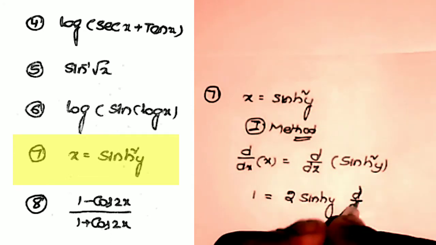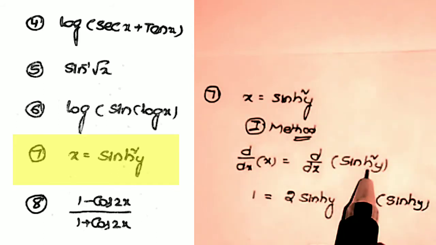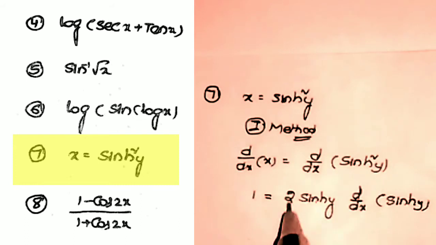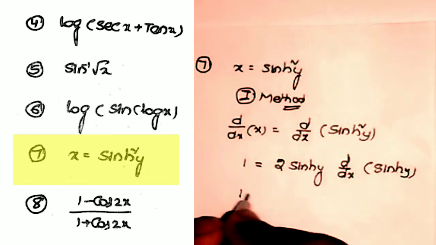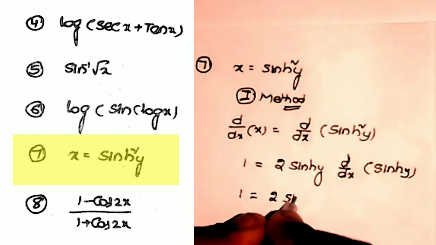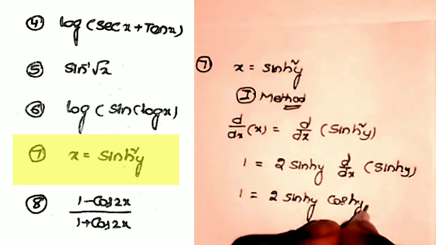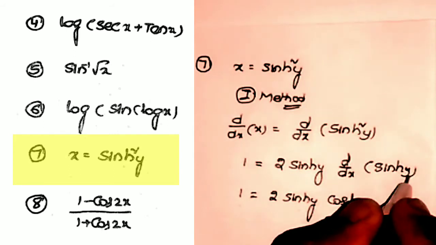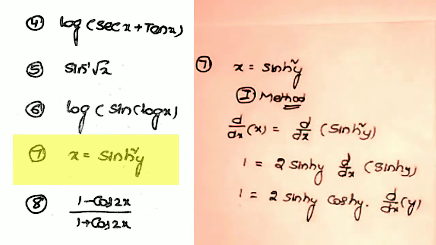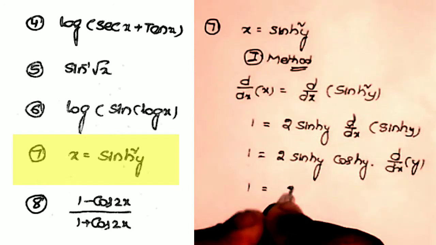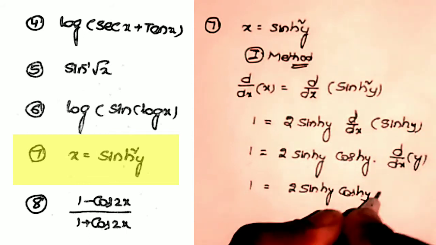Again the derivative of the x. What is x here? X is equal to sinh y. Okay, this is in the form of x square. dy/dx of x square is equal to 2x, again the derivative of the x, that is sinh y derivative. 1 is equal to 2 sinh y into d by dx of sinh y. Sinh y derivative is cosh y. What is x here? Y. Again we are taking the derivative that way, d by dx of y. Therefore 1 is equal to 2 sinh y into cosh y into dy/dx.